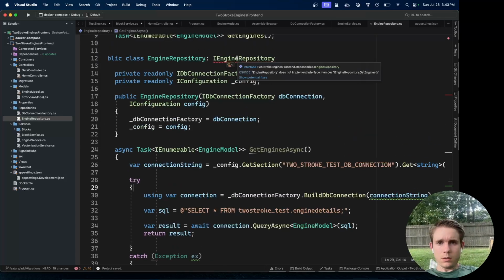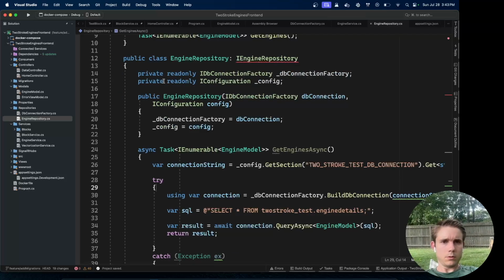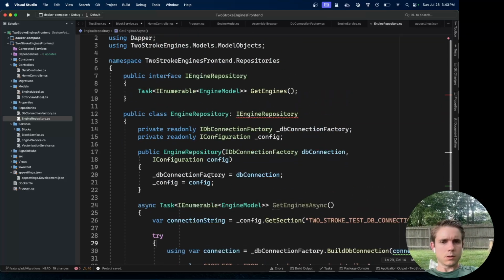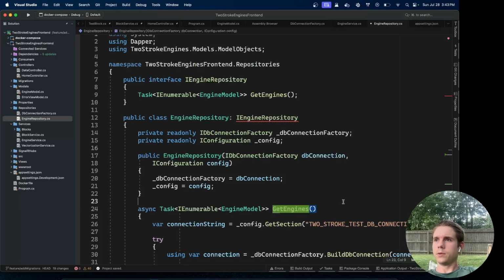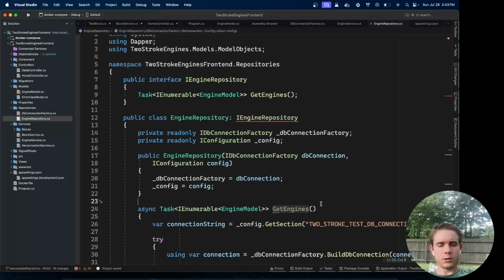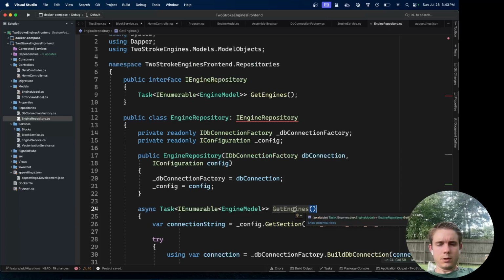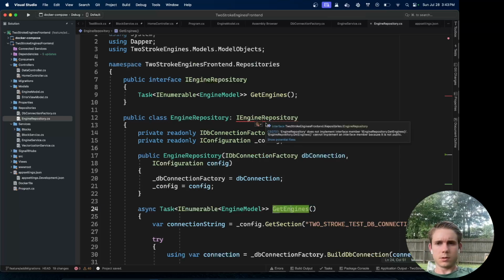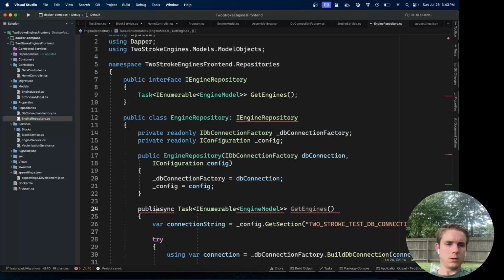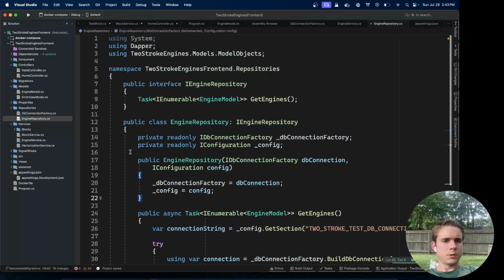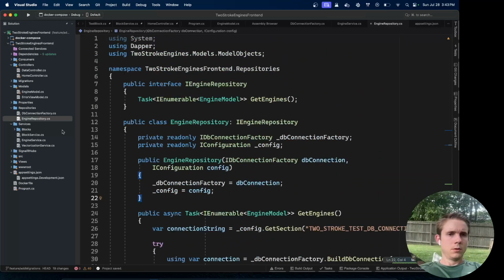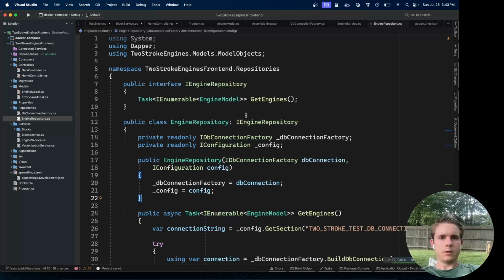Oh, whenever you make it async, it always adds Async to the method name, which we don't necessarily want that much. Get engines. What is it telling me now? Oh my goodness. All right, make that public. All right, so once we have that repository method implemented, we can go back into our Program.cs file, and